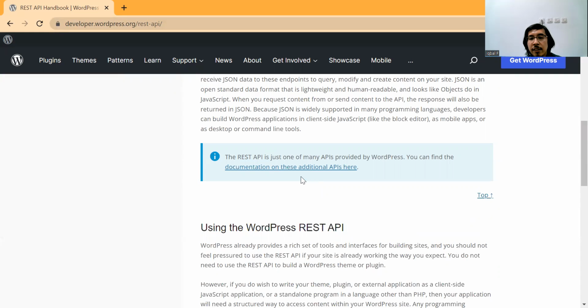Or maybe you want a new application based on the WordPress application, for example using React. Maybe this is not quite common as far as I know, but it is another option for you.